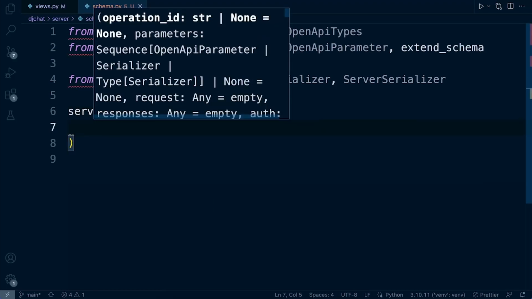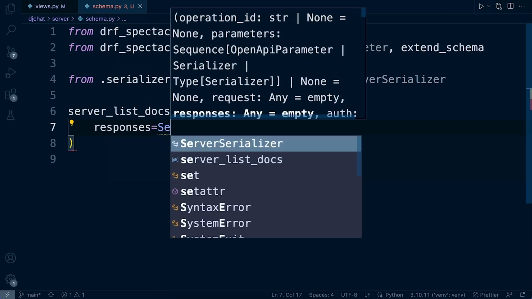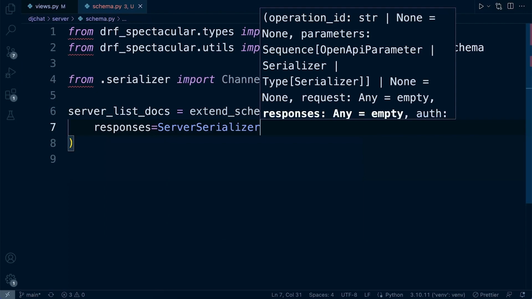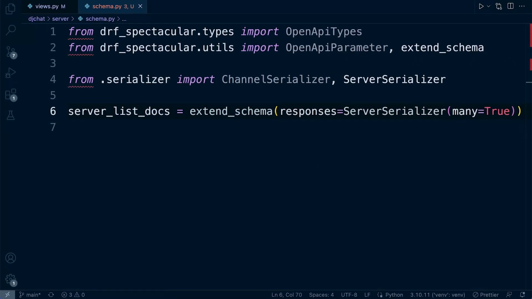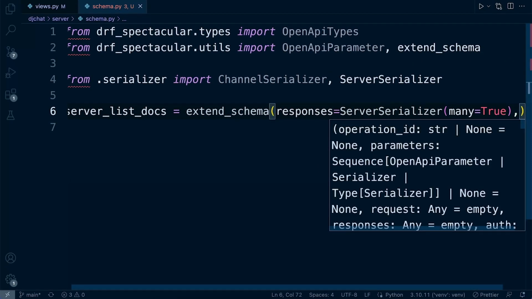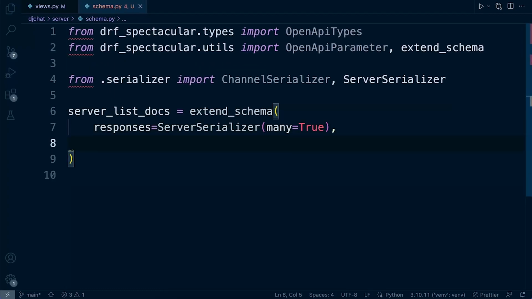Let's go ahead and specify the serializers that we're using. So this is going to be the ServerSerializer, many=True. Yep. Okay, so now we're just going to specify the parameters that we can pass in. The first one was category. That's the first parameter that we set up. So let's define our parameters equals